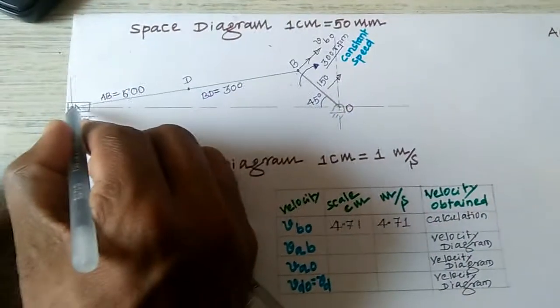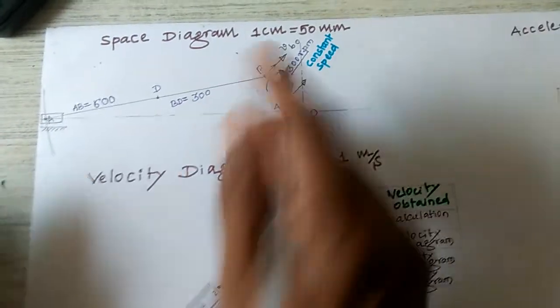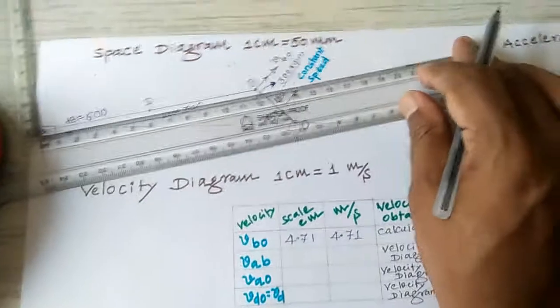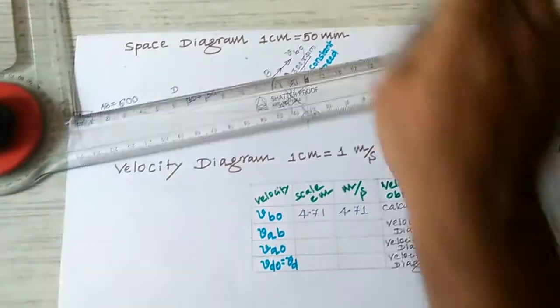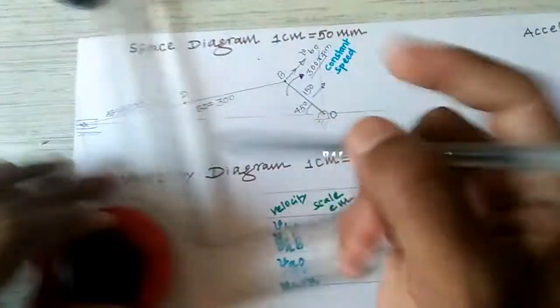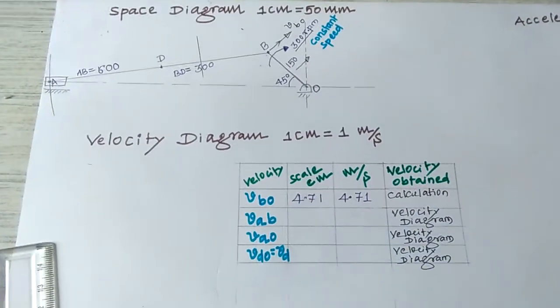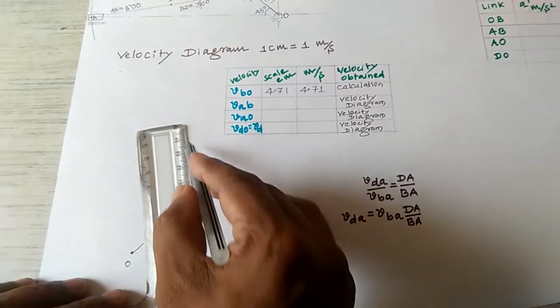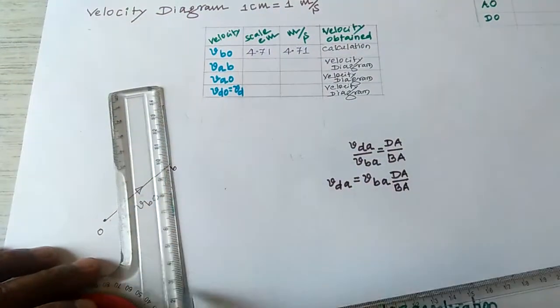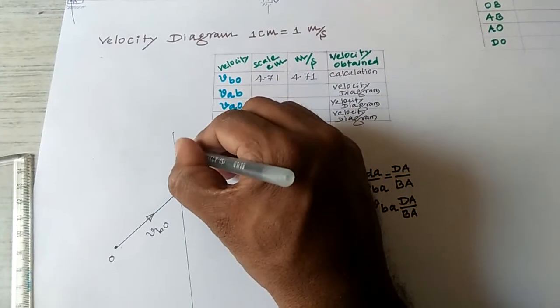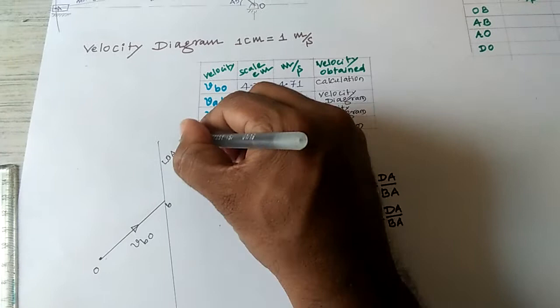For the velocity of A with respect to B, in this case you don't know the magnitude or the direction. You know only the line of action. I draw the line of action, which is perpendicular, and I will project it. But if you look at the velocity diagram, point B is known. Clear what I am saying? Point B is known. That's why you have to draw the velocity with respect to B only. This is the line of action for the velocity of A with respect to B.